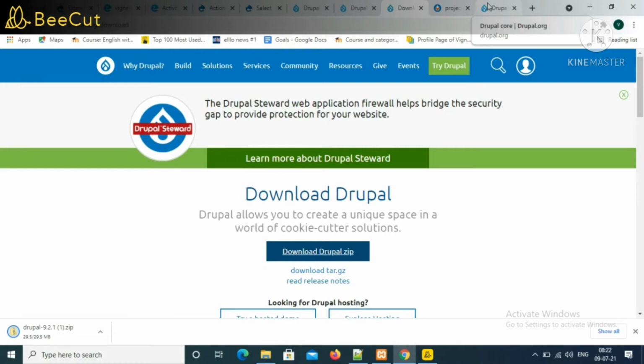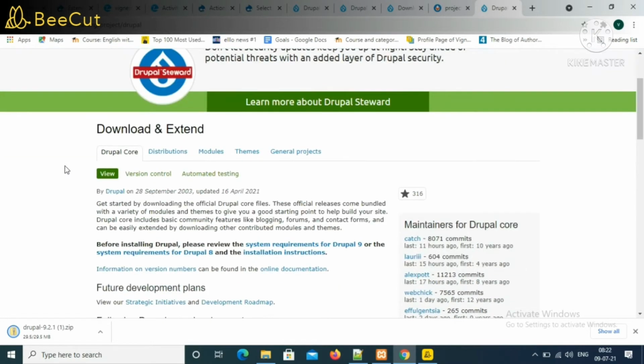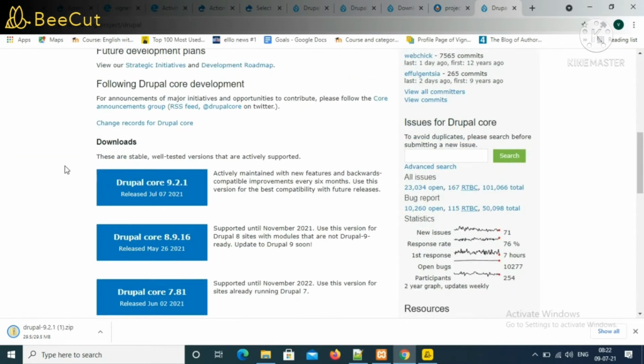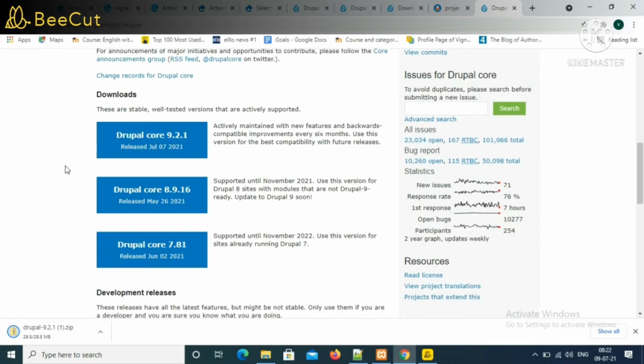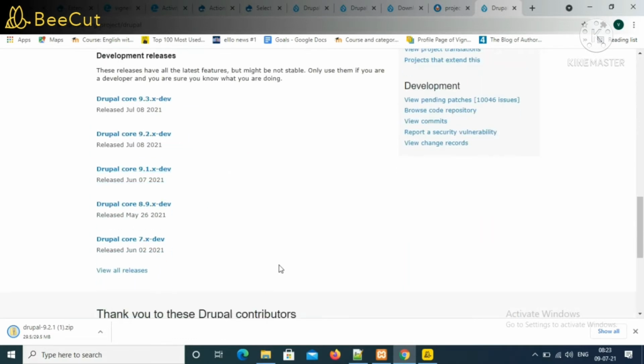If you want to check the older versions of Drupal, you can go to this URL, drupal.org/project/projects. Here you could see the stable releases provided by Drupal so far. Drupal core 9, Drupal core 8 and Drupal core 7 are the different versions which Drupal is supporting right now. And at the bottom you could see Drupal comes with unique versions.